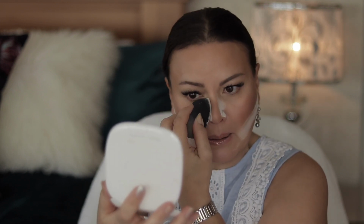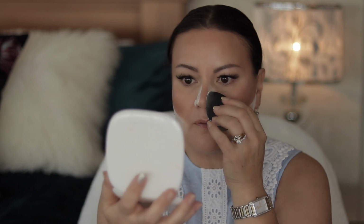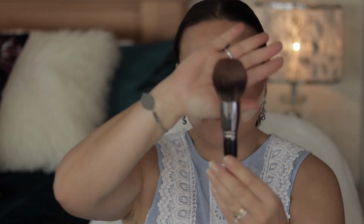If you're wanting to tidy that up as well using your sponge, taking it into the powder, you can tap it in just gently down the side of your nose like so. Let it sit for around 30 seconds. Taking a big fluffy powder brush, and mine is the Morphe E41, and then you just sweep it away, brushing upwards, and then it just cleans up that area